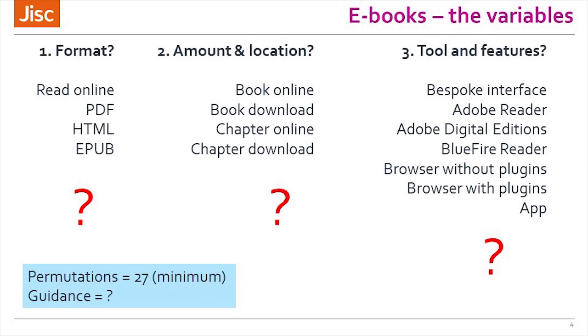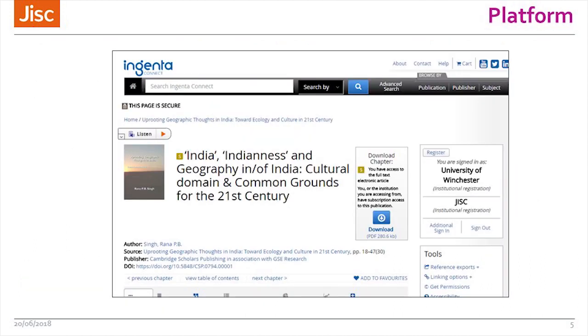Now, with Edge, the latest version of Microsoft Edge supporting EPUB natively, it's a really good time to be pointing your users, your customers, to a particular browser if you produce EPUB, because it gives a very good reading experience, much better than your other formats might. So those are some of the different permutations. There's about 27 realistic permutations that a student or a reader has to work through.